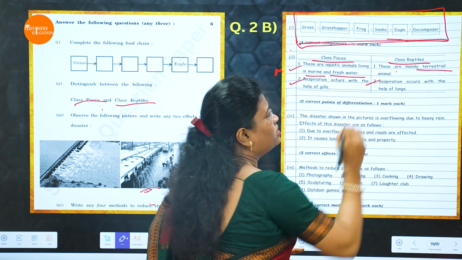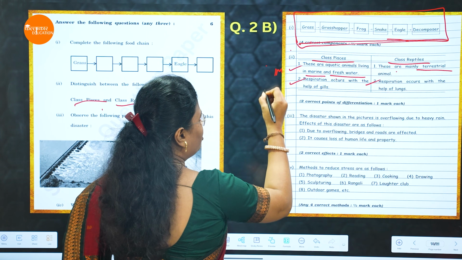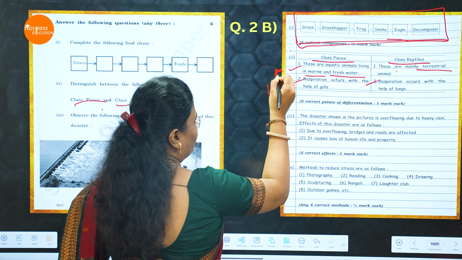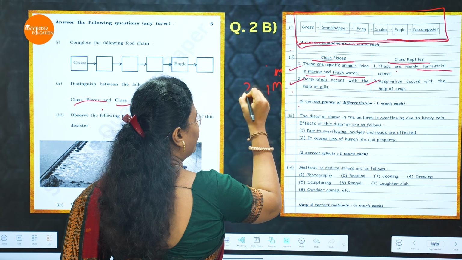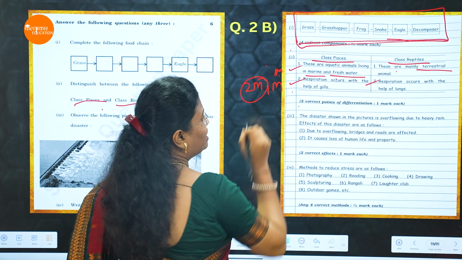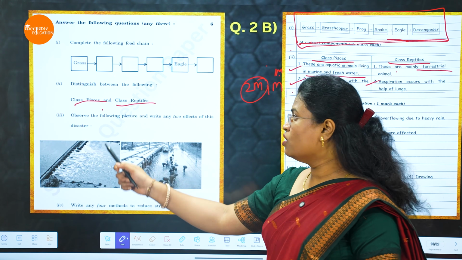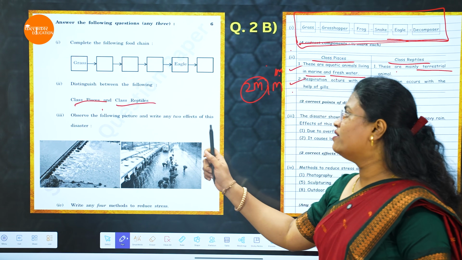So here is your second point. For this point you will get 1 mark. So 1 mark here and 1 mark here, you will get 2 marks for this question. Question number 3. Observe the following picture and write any 2